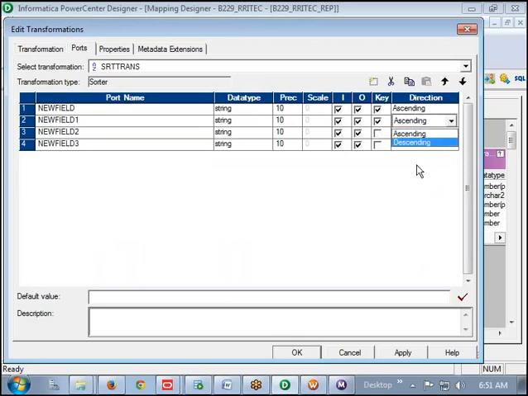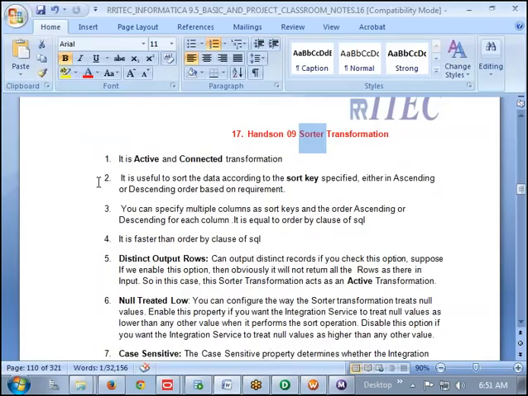We would write order by department number, comma, salary, right? Similarly, two or more you can select here. You can specify multiple columns as sort keys and the order, ascending or descending, for each column. It is equal to the order by clause of SQL. It is faster than the order by clause of SQL, performance wise.